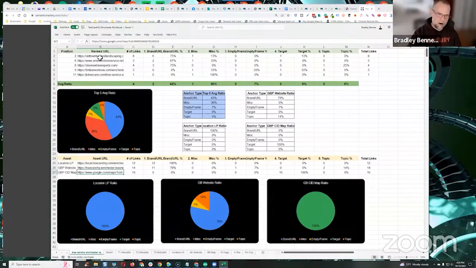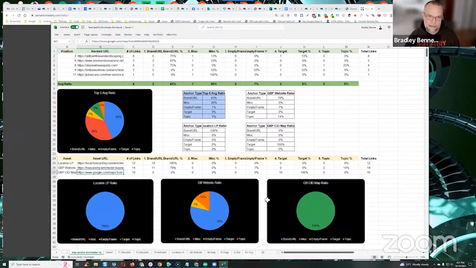What we want to compare our sites, our assets to, are other local business type sites, not big directory sites. Okay, so we pull in the top 5 ranked competitors. Most of the time we're going to find those on page 1. Sometimes we have to go back to page 2 to find a 5th competitor. And then we do the exact same process of analyzing their backlinks the same way that I just described for